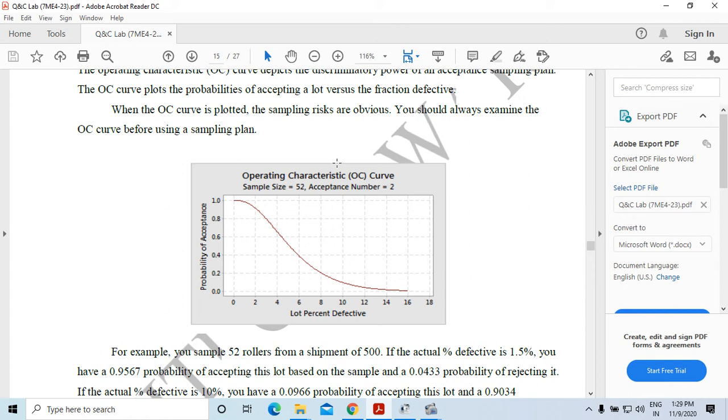Types of OC curve. Type A gives the probability of acceptance for an individual lot coming from finite production. This curve is discontinuous. The second type, type B, gives the probability of acceptance for lots coming from a continuous process. This curve is correctly viewed as continuous. Assume a finite lot. The hypergeometric distribution is used for this type of curve. Binomial or Poisson distribution often provides a good approximation. The viewpoint of the type A curve is to evaluate the consumer's risk.